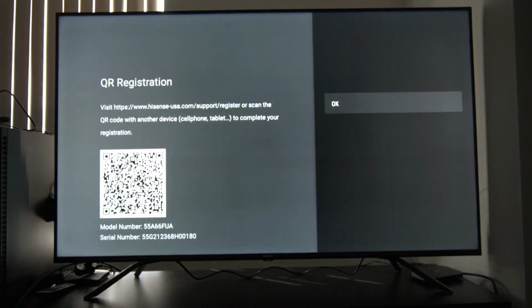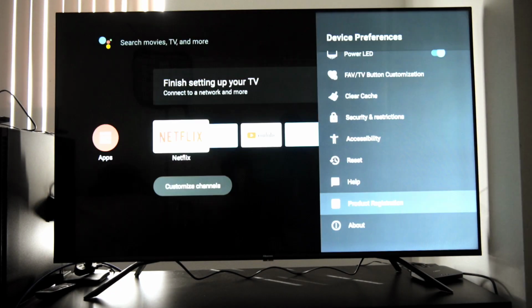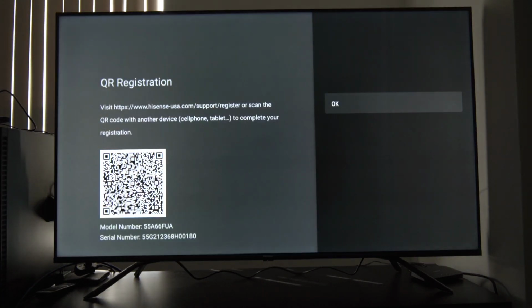I mean, if you click product registration, it says it's an A66. I've got a model number here. Bro, let's go back. Go back. Oh, come on. Product registration. It says it's the model A66